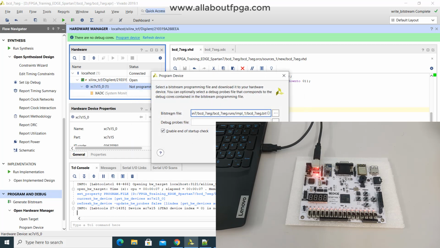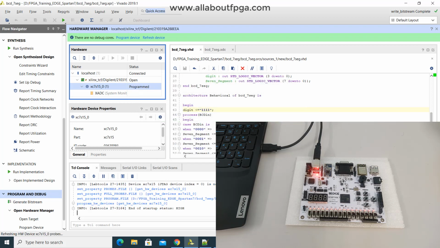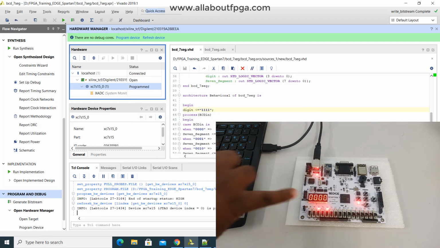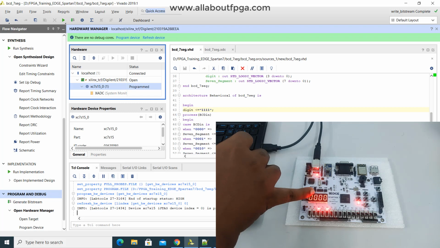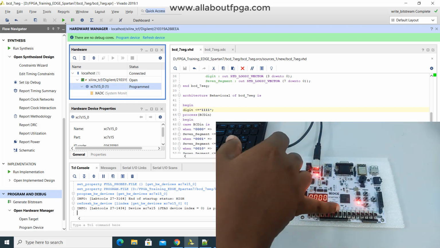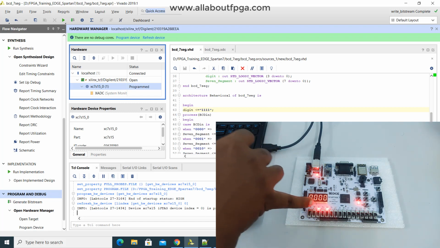And program. Once it is done, you can see that when all switches are low, the 7 segment is low, and you can see that LEDs are glowing here. This is because the 8 segment lines are muxed with the LEDs.